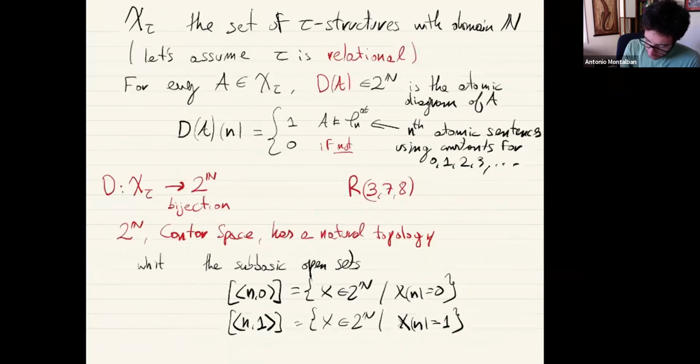The diagram, these formulas up here, the nth atomic formula, we're allowed to use these numbers as constants, because these are structures whose domain are the natural numbers, and these are formulas about the elements of the domain, right? So they're about 0, 1, the numbers, right? These formulas, like this one, R of this. Now,